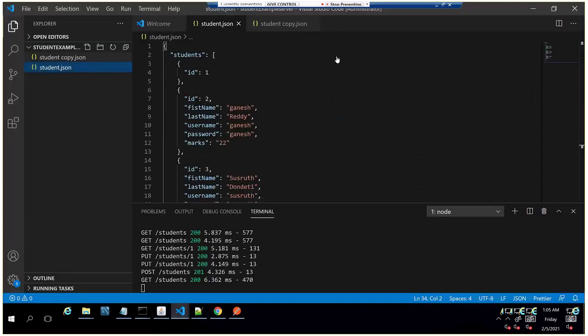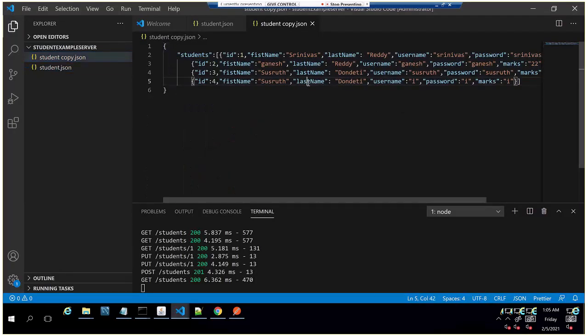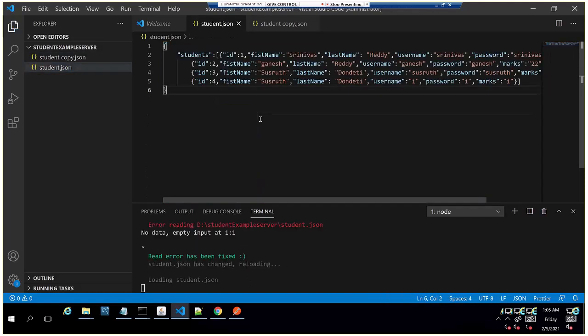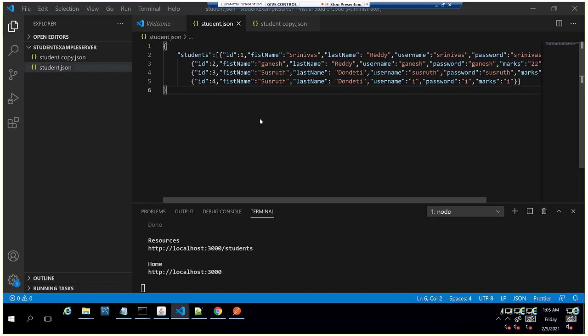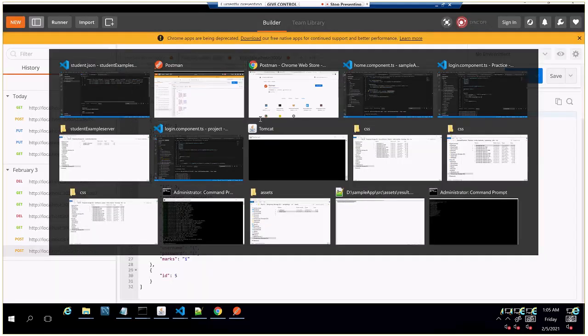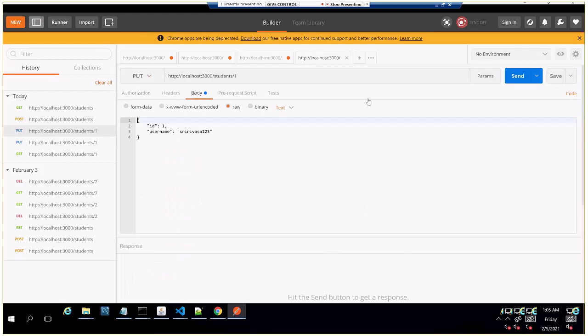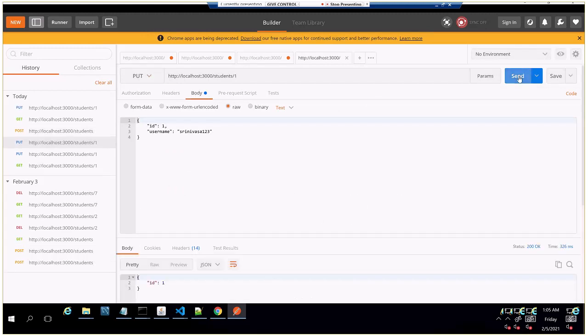I'll copy the student list again and add it. It didn't work, so now again refreshing the JSON file. Get methods here and then see. So it is post method only.